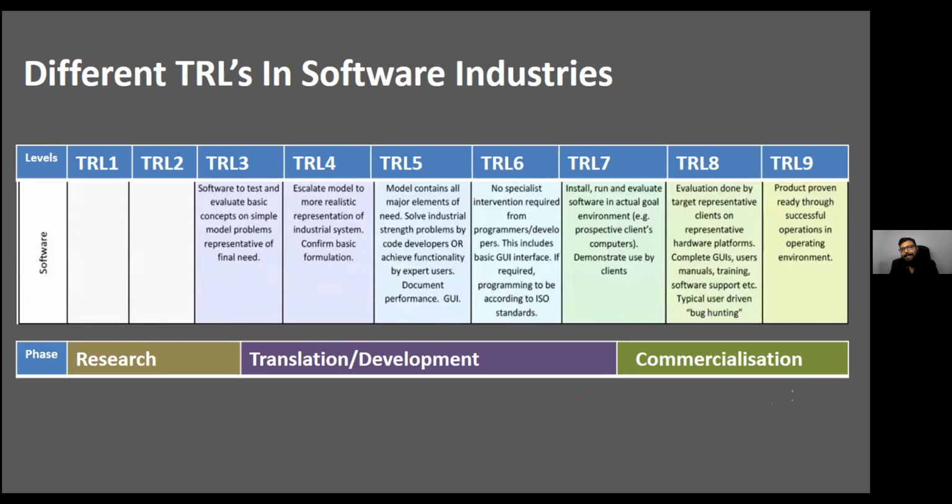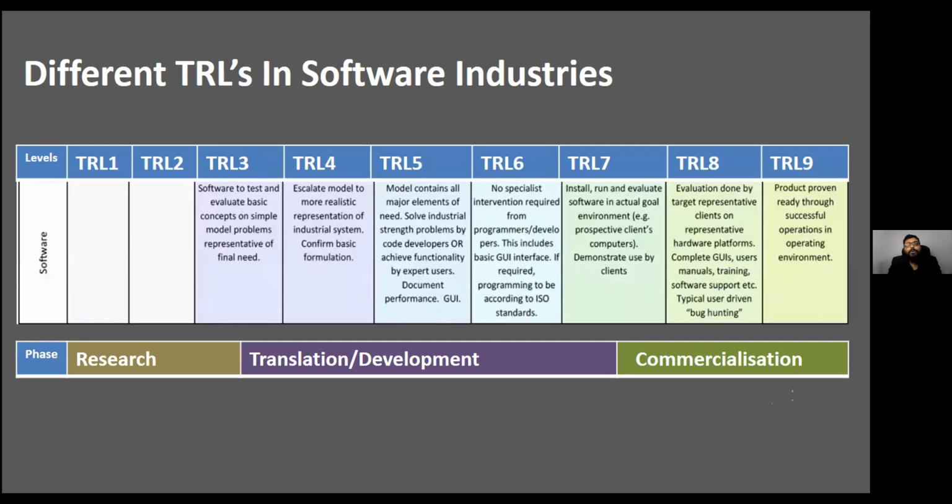So in that case, whenever we show the demo to the client, that is basically TRL 7. And in the software industry, it's also called UAT, user acceptance test. Okay, and in that UAT, a lot of issues can come, and users can face a lot of challenges. Based on that, some evaluation can be done. So that is basically TRL 8.